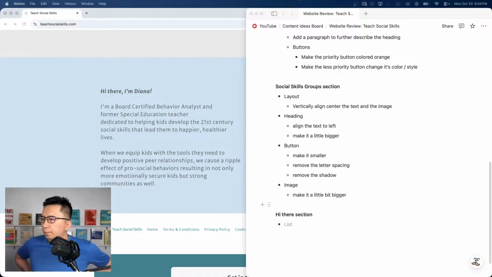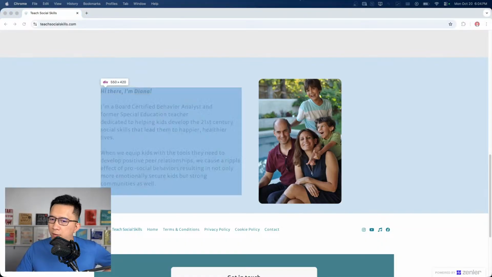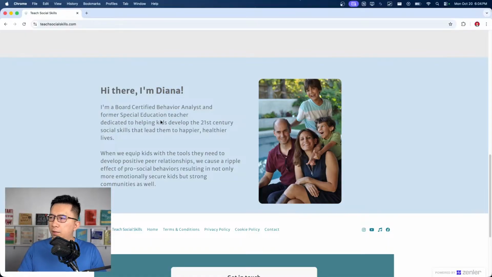Okay, next one. Header section. Okay. Again, I would make this heading in here bigger. Something like, I don't know, let's see. Something like that. Also, let's remove the italic font style. Let's just say regular, normal. Yeah, something like that,